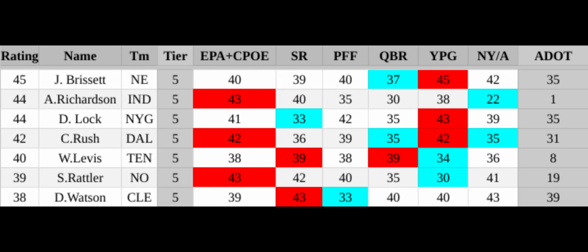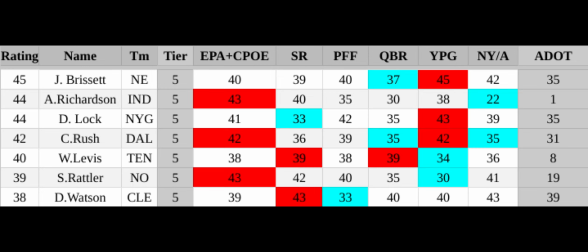Also, if you have any confusion regarding any of the stats, I do have a video that breaks down EPA plus CPOE, that's expected points added plus completion percentage over expected. SR is simply success rate, which looks at how effective you are as a quarterback on a play by play basis.